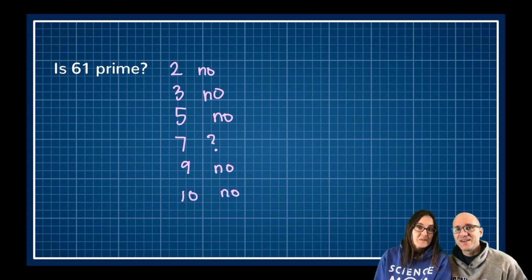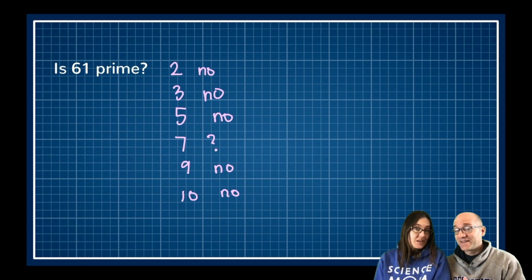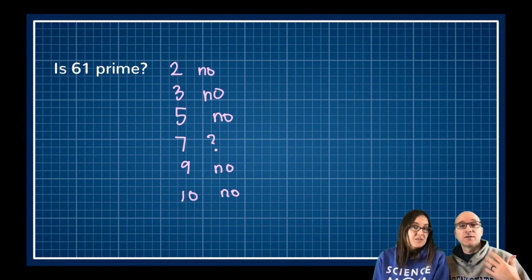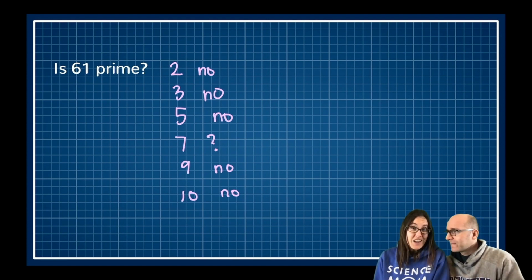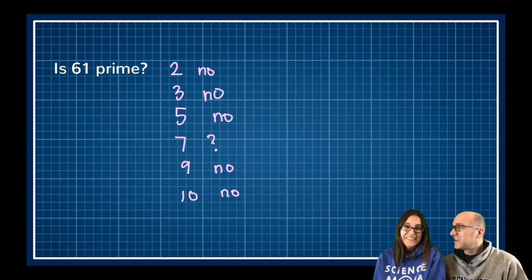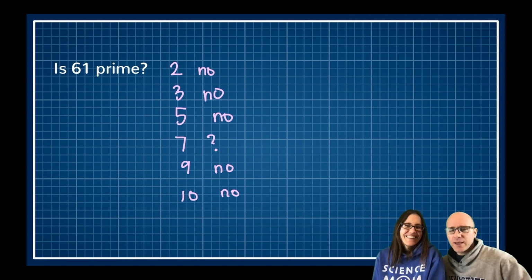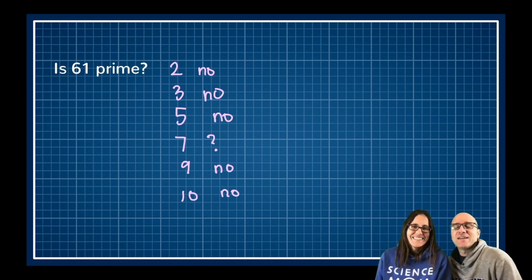Nope. It turns out we've gone high enough. We don't need to keep going all the way up to 61. Because 10 times 10 is 100. That's right, that's how we know we've gone high enough. We're already past 61 at that point. In fact, at 9 we were past 61, because 9 times 9 is 81. Yeah, 9 wasn't a prime number, 10 wasn't a prime number. We didn't even need to test them, actually, but that's okay. That certainly doesn't hurt. It's a good sanity check for us.